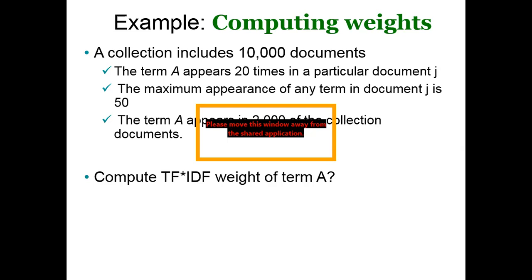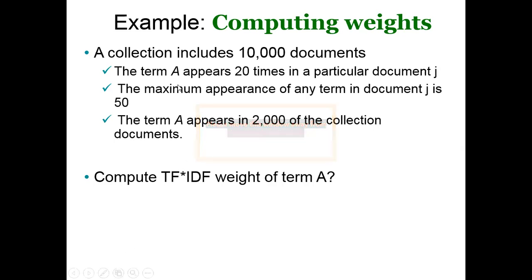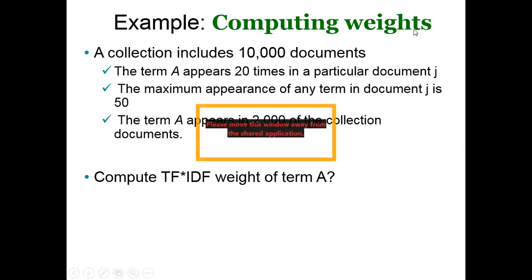So let's see first how to calculate the term frequency, inverse document frequency for term A in this case. We have information about the total document collection, 10,000. Term A appears in a given document J